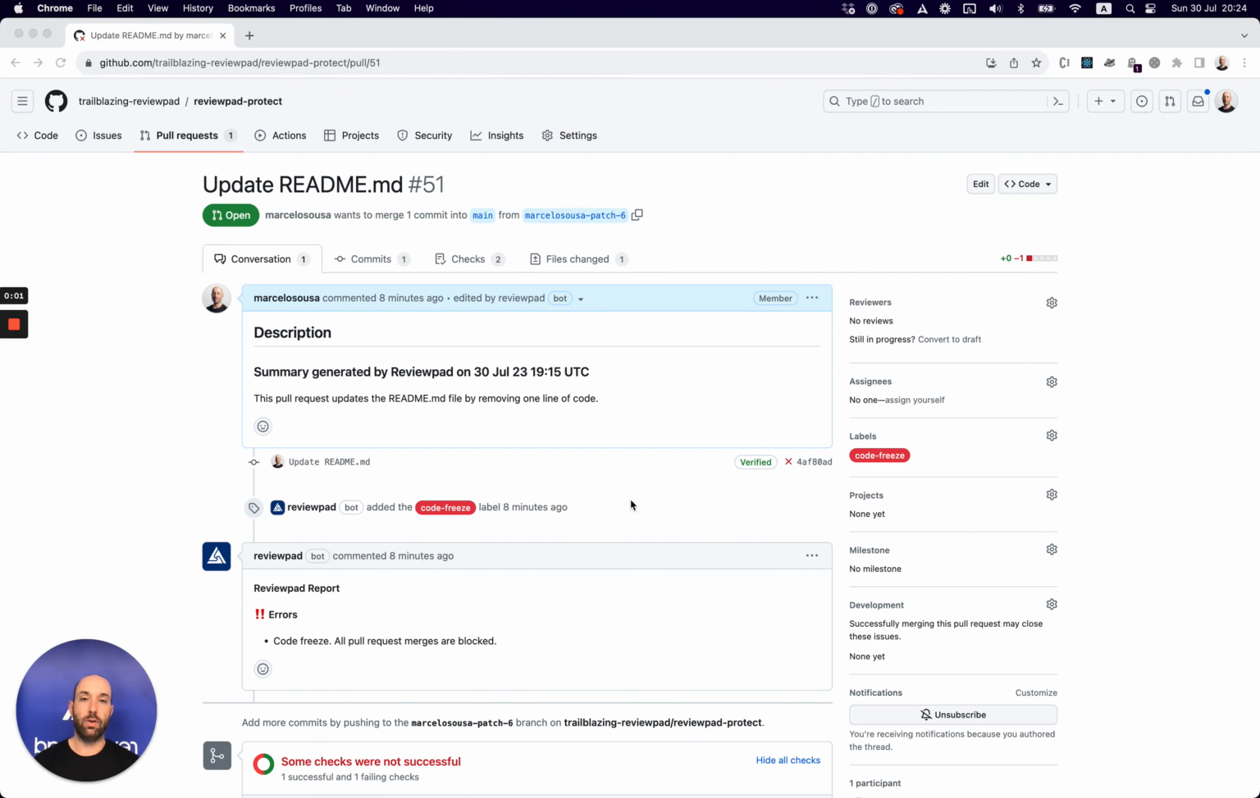Hi, in this short video I want to demo how you can use Reviewpad centralized configurations to apply workflows from one place to the entire organization on GitHub. We're going to take the use case of applying a code freeze to the entire GitHub organization where Reviewpad is installed. What we expect is that every single pull request which was created is blocked, and blocked with